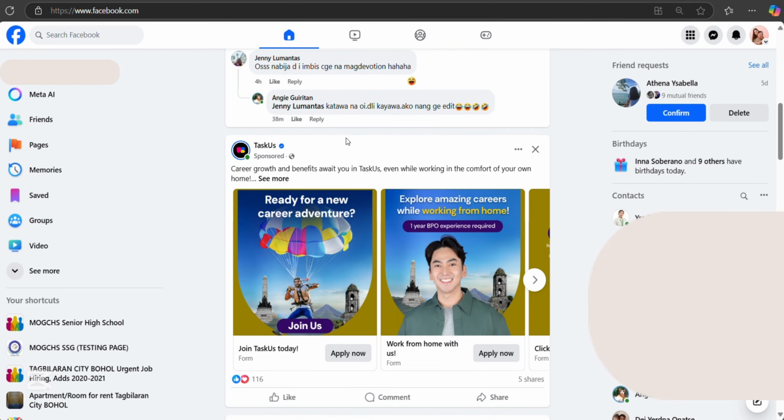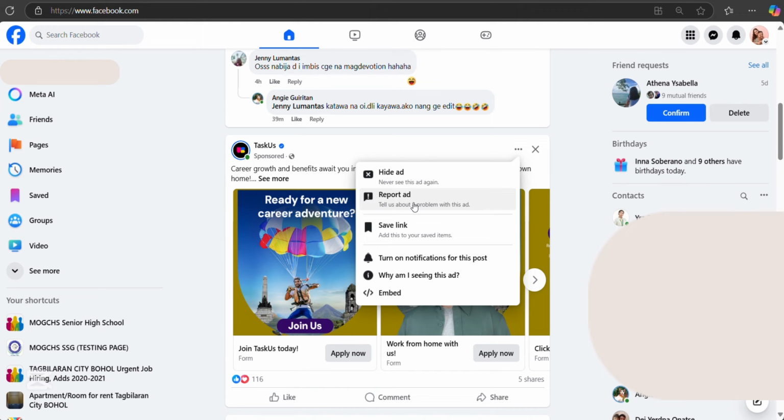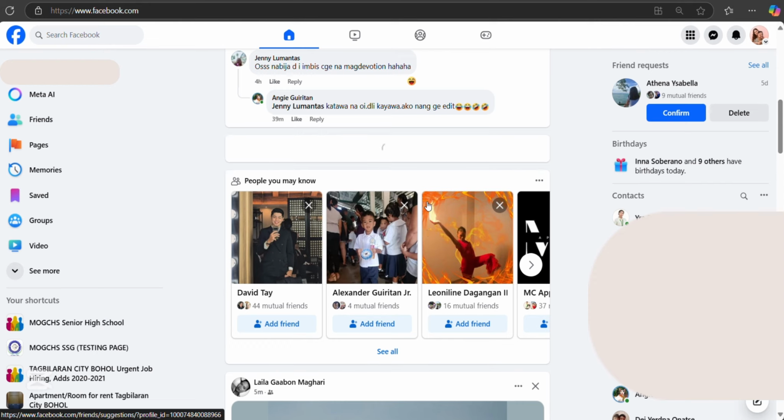And if you see an ad and you want to report that ad, what you need to do is to click on the three dots located at the top right corner of the ad. And once you click that, it will show these options. And now there will be an option to report ad. You just need to click on report ad